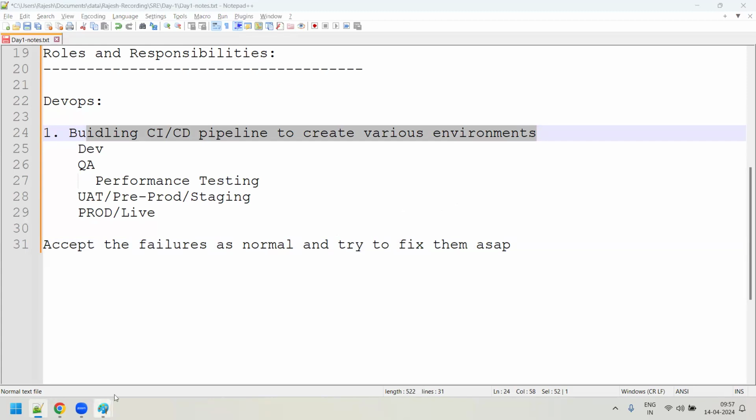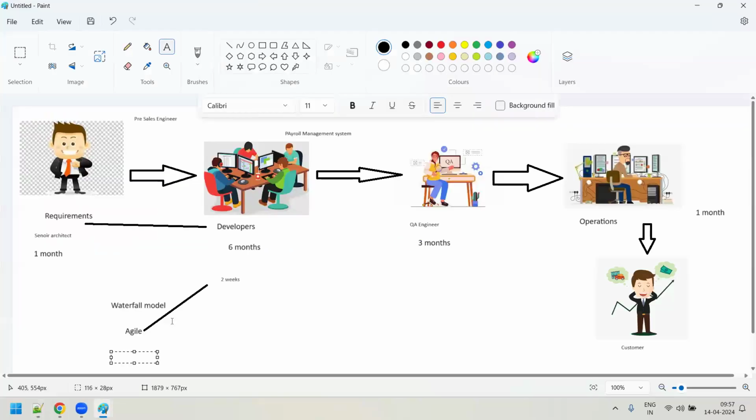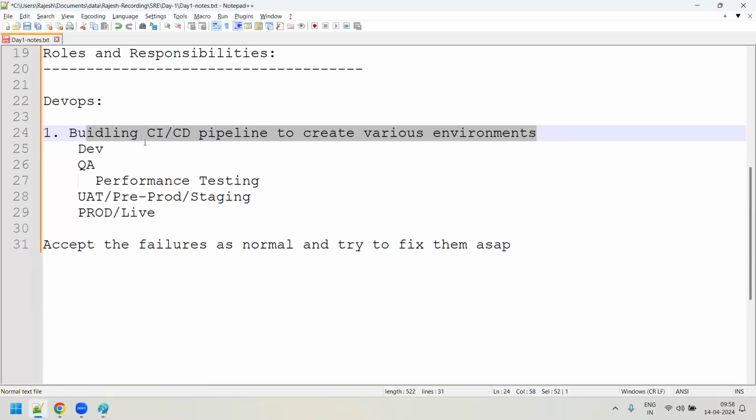Now, yes, it is fixed by developers. Of course, see, when there is an issue with the code, sometimes what happens is, whenever the operations team is working, suppose he sees that there is some issue with his pipeline, as written. Of course, he has to go and fix it in the pipeline only. So whenever the operations team sees that there is any issue in the environment, it is his responsibility